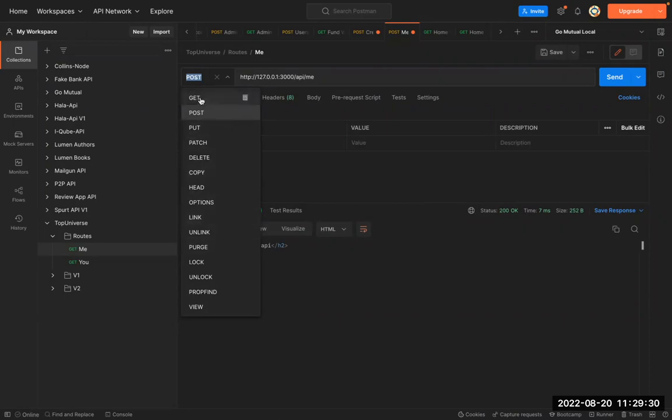You can see you have the get, post, put, patch, delete. You have the copy, the head, the options, the link, unlink, purge, lock, unlock, propfind, and view. The major ones that are used are just these five, which are get, post, put, patch,